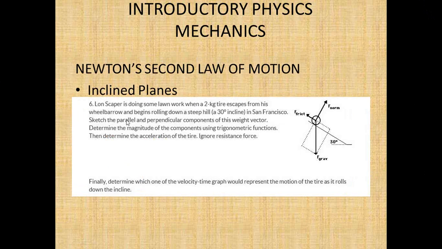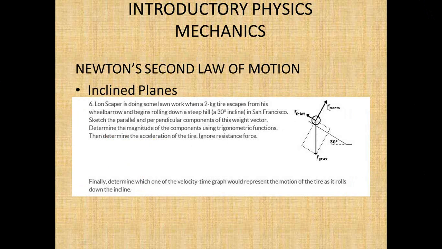They want you to sketch the parallel and perpendicular components of his weight vector, determine the magnitude of its components using trigonometric functions, and then determine the acceleration of the tire. You're going to ignore resistance force. Okay, so of course the tire got away from him. The inclined surface is 30 degrees. As you know, the force due to gravity is always vertically straight down. The normal force is perpendicular